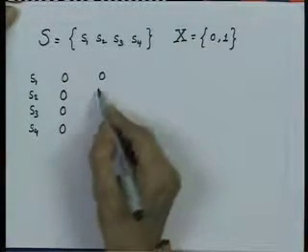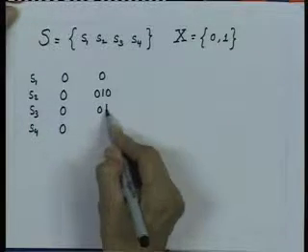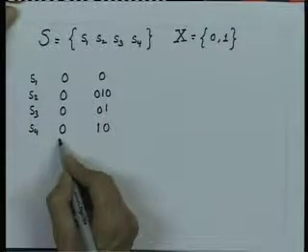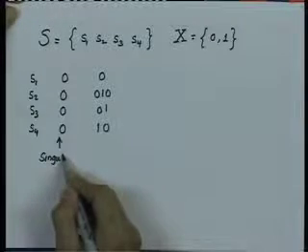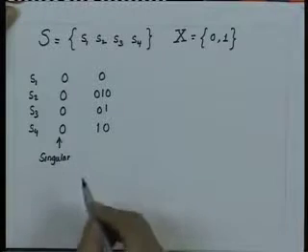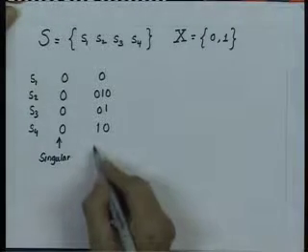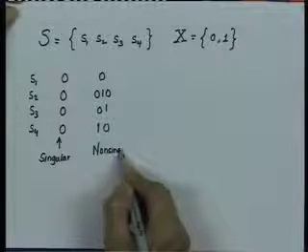Another one would be 0, 010, 01, 10. So, this first one is an example of a singular code where all the code words are the same for all the source symbols. This is an example of a non-singular code,